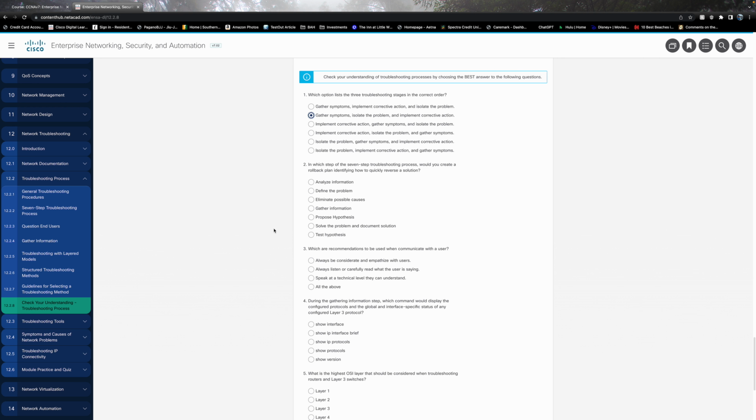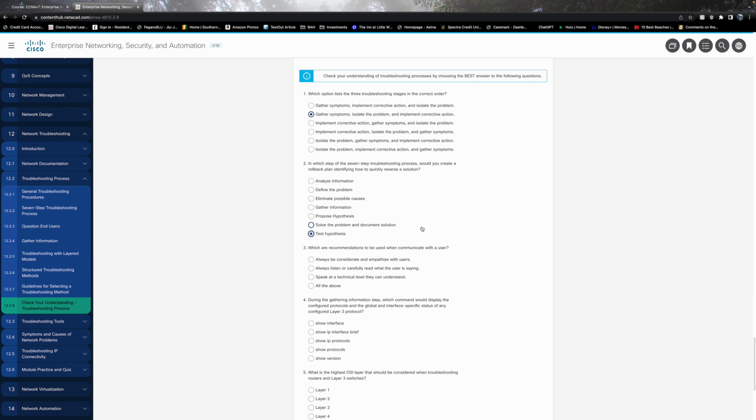We'll pick that one. In which step of the 7-step troubleshooting process would you create a rollback plan identifying how to quickly reverse a solution? Testing your hypothesis, that's when you want to do that, right? It's when you start to implement, you'll be able to better resolve a way to back out of whatever you're